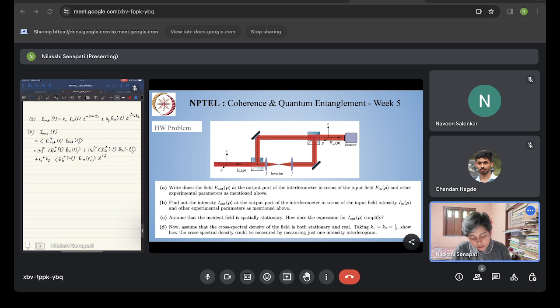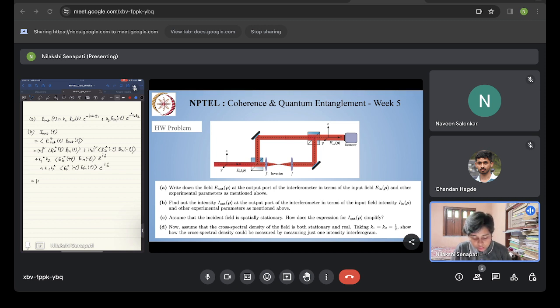If it is plus or minus, whatever you write, they are just two complex conjugate things, plus k1 k2 star E in star minus rho E in rho e to the power I delta,